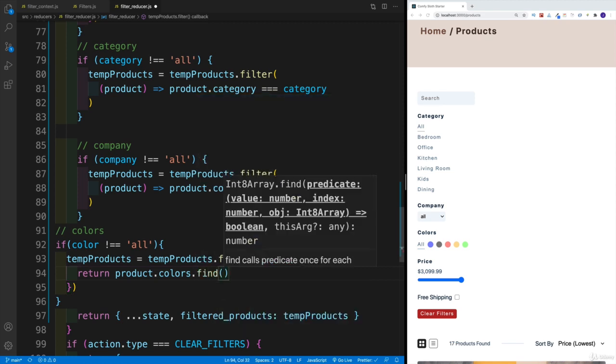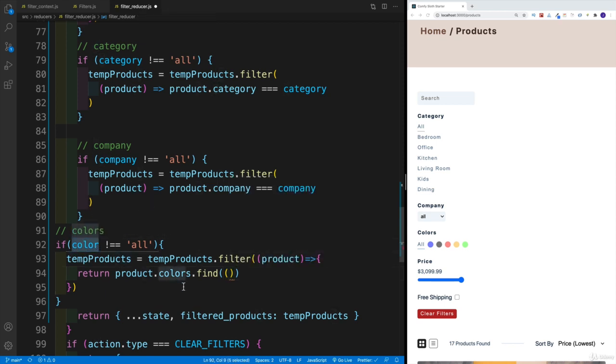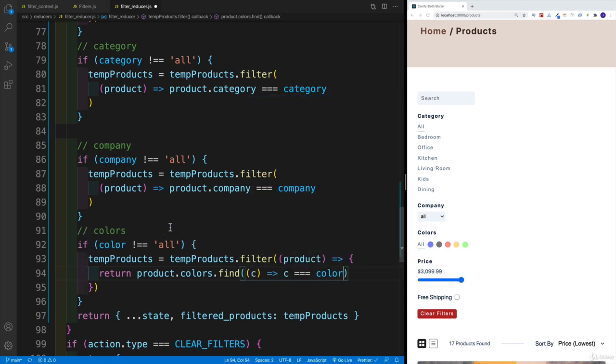I'll say check in the array if the color matches the one that is coming from the state. So that means that, of course, that product has that color. So, of course, I will return it. Now, in order to make it shorter, I'm just going to reference it as C, and I'll say if C is equal to my color.